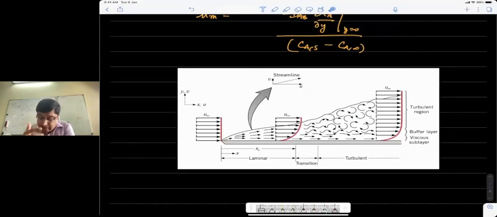So they enhance the transfer of momentum, they enhance the transfer of heat, and they also enhance the transfer of mass across this boundary layer. In turbulent flow, the boundary layer is much thicker, because of these enhanced motions, these large eddies which become dominant. And as we will see when we do a few of these calculations, turbulence will actually lead to much higher rates of heat transfer and mass transfer across the boundary layer as compared to laminar flow.